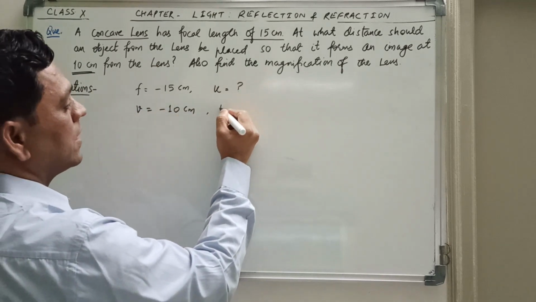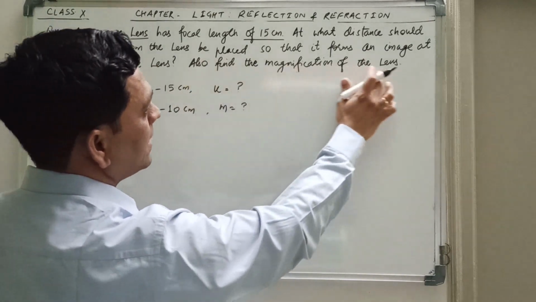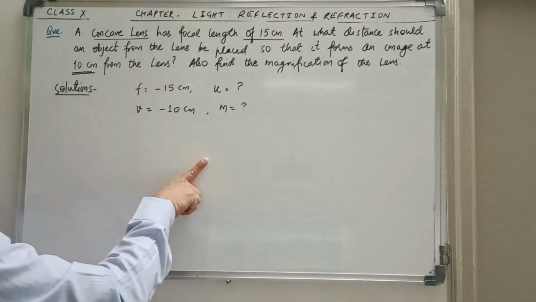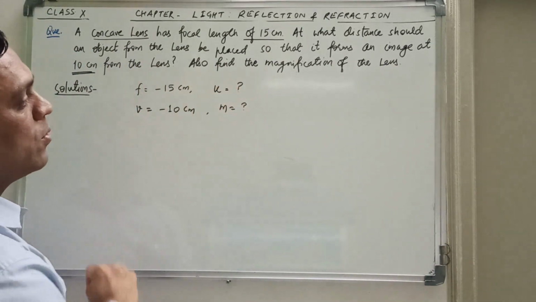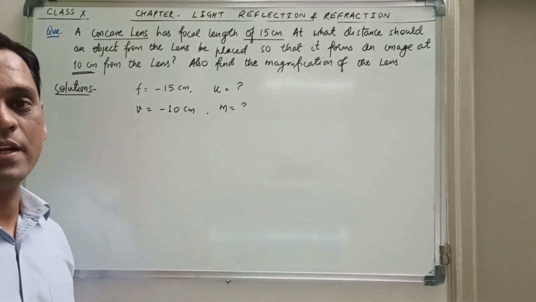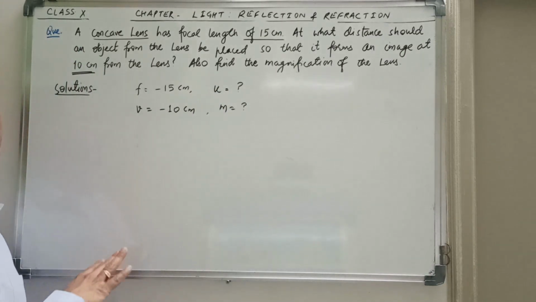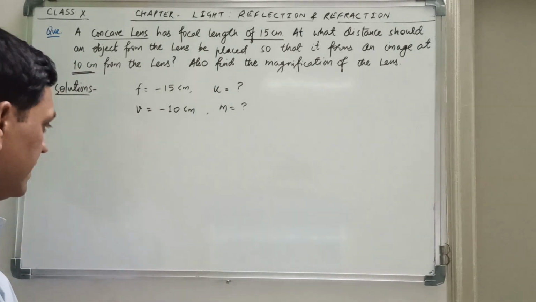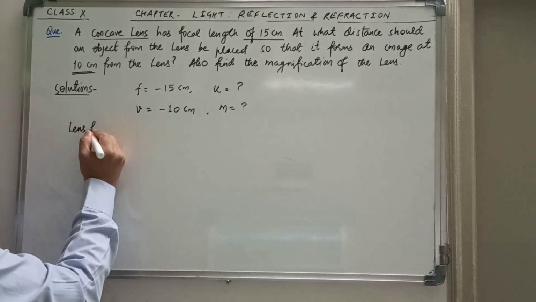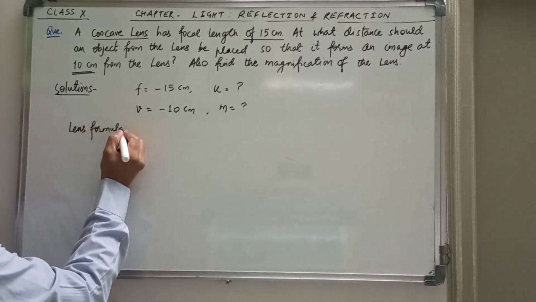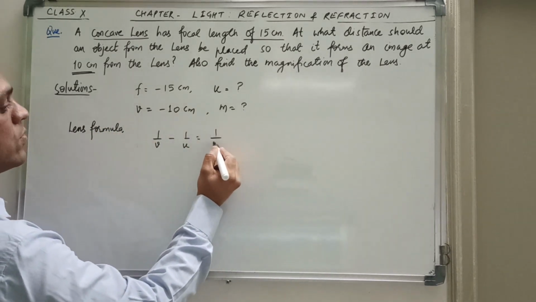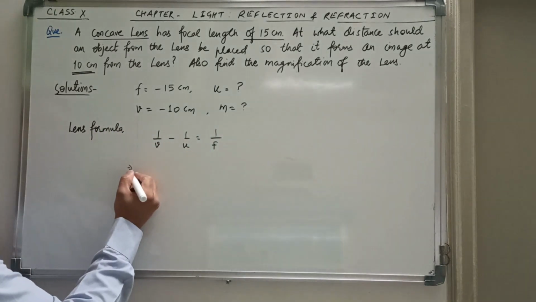और मैग्निफिकेशन पूछा है, also find the magnification of the lens, करेक्ट. Now very simple thing is when we solve this question, then let me tell you, जो u हमको मिलके आएगा वो भी निगेटिव ही आना चाहिए. If we are not getting the answer to be negative, it means we have committed some mistake somewhere in the solution there, correct. So we now use the lens formula here. So what is lens formula? Then we write lens formula is, it's 1 upon v minus 1 upon u is equal to 1 upon f.